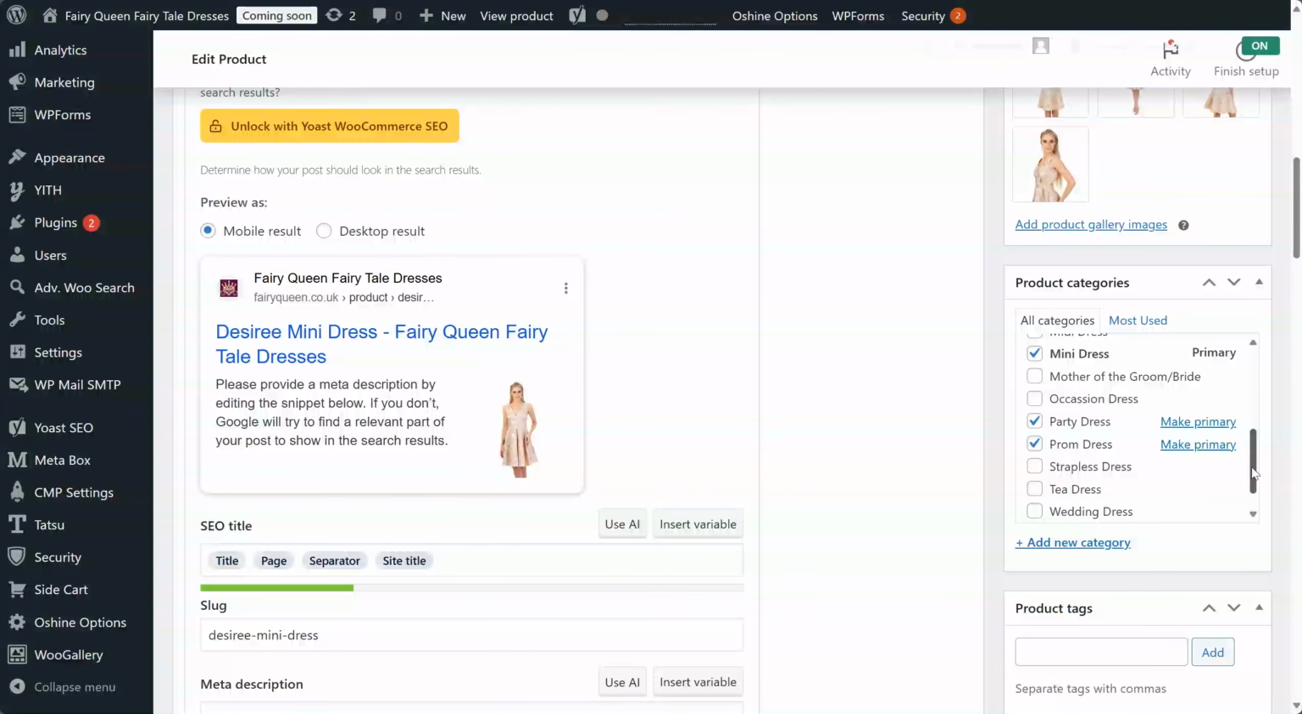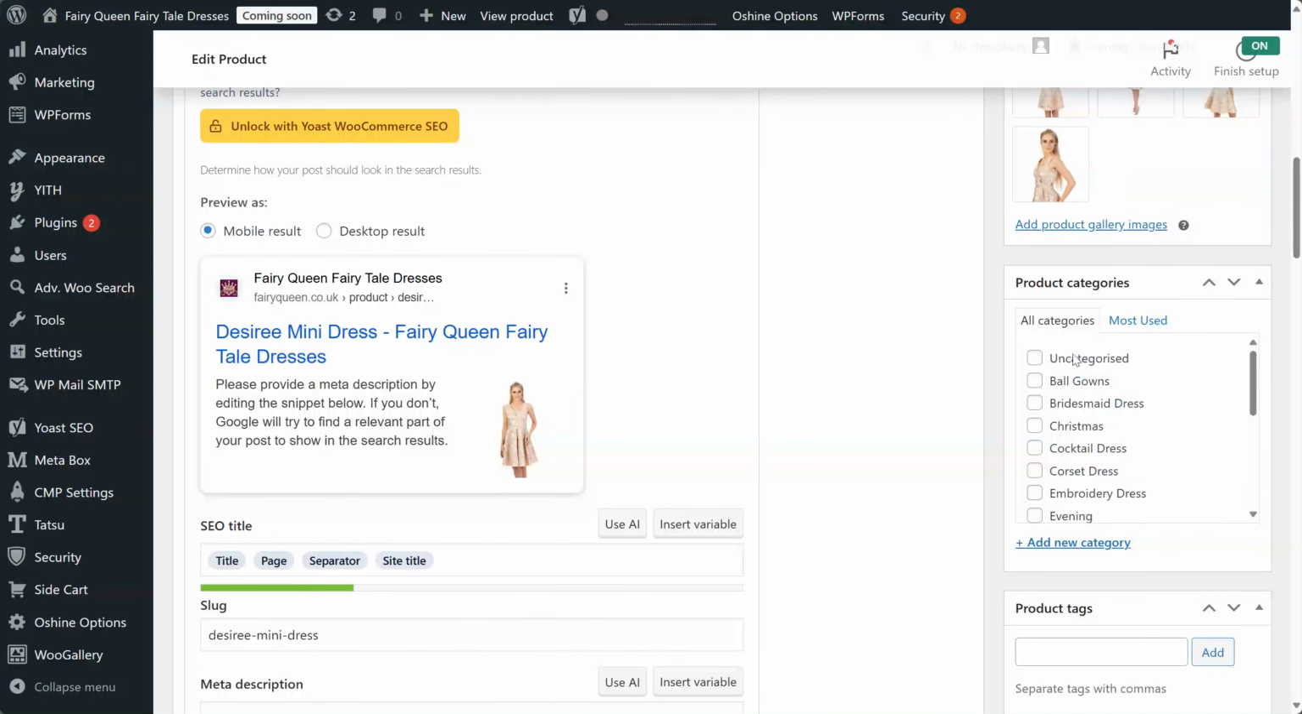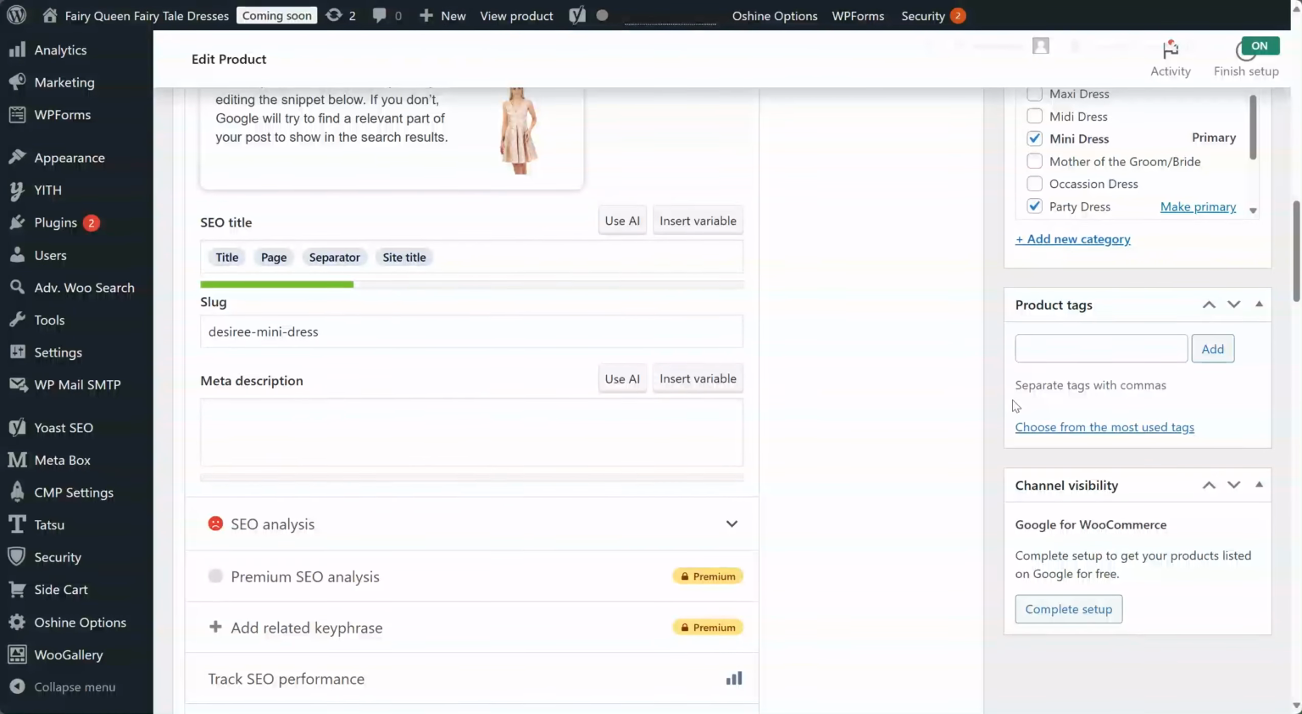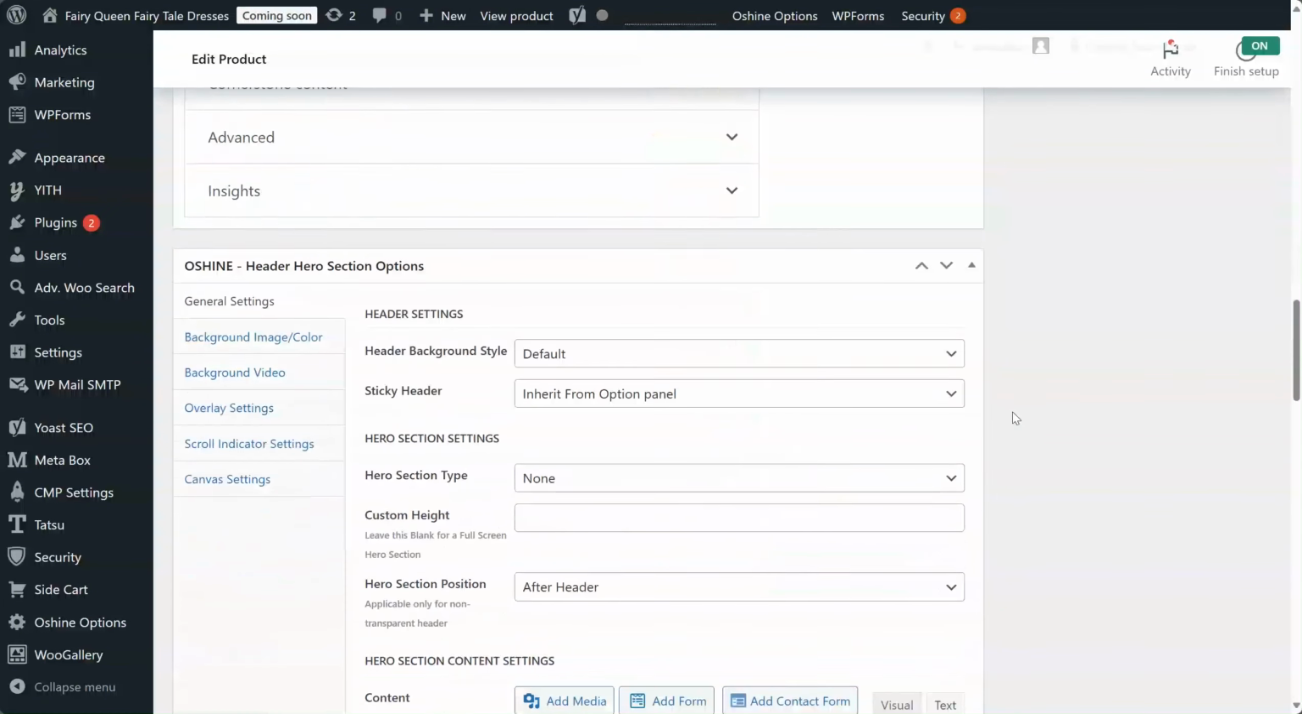Scroll down a little bit further and you've got your product categories in here. So all of the categories that you gave me I've added in here, and let's say that we want to add evening dress, we could click that on and then that will add it to the evening dress category as well. Don't worry about product tags. We'll keep scrolling down,